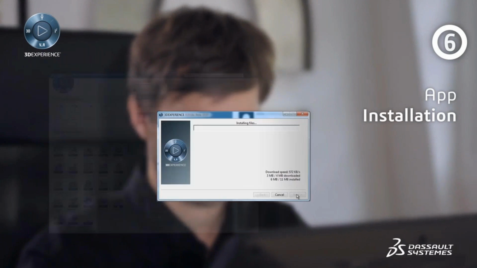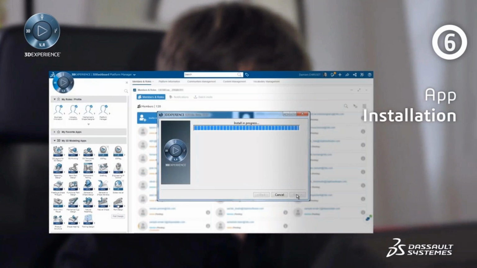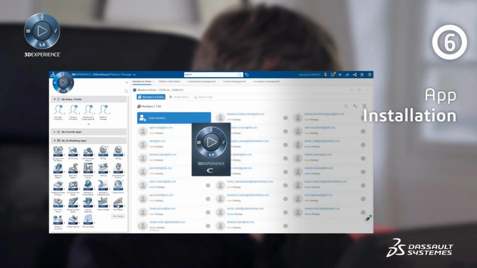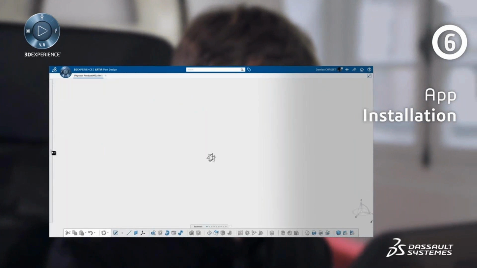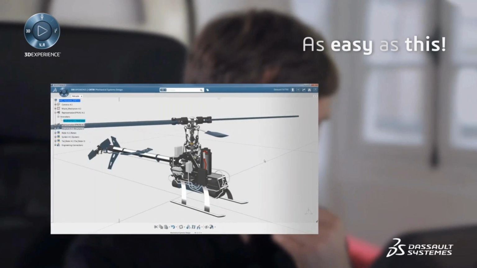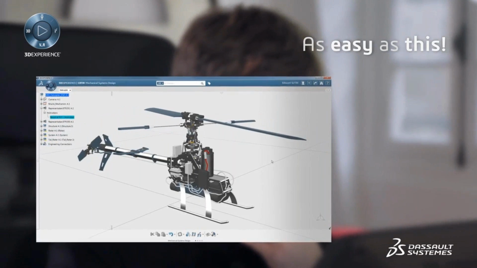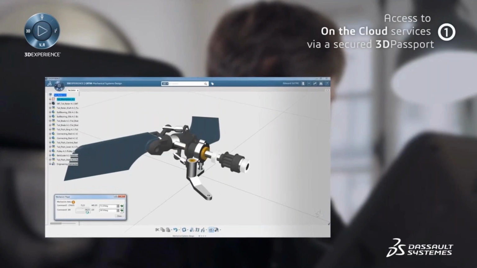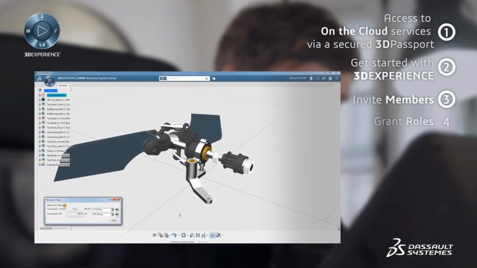For the very heavy tools, such as the equivalent of CATIA in the 3D experience, or for the simulation. And once you have installed all the apps, you can directly use them and begin to create the CAD and create the simulation, etc. So 6 quick steps just to deploy the platform. It takes less than half a day for the first person.